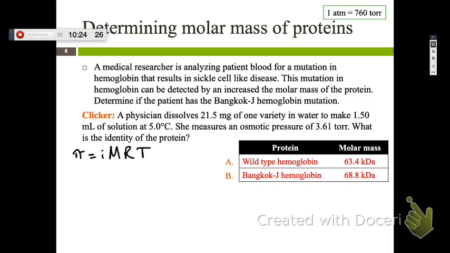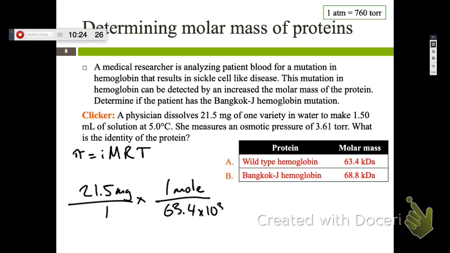When you say substitute it in, what do you do with it? Multiply 63.4 by 1,000 to get it to grams per mole, and then you divide 21.5 milligrams by 1,000 to grams. So you're saying that if we wanted to know how many moles of solute we have, we could take the mass and then